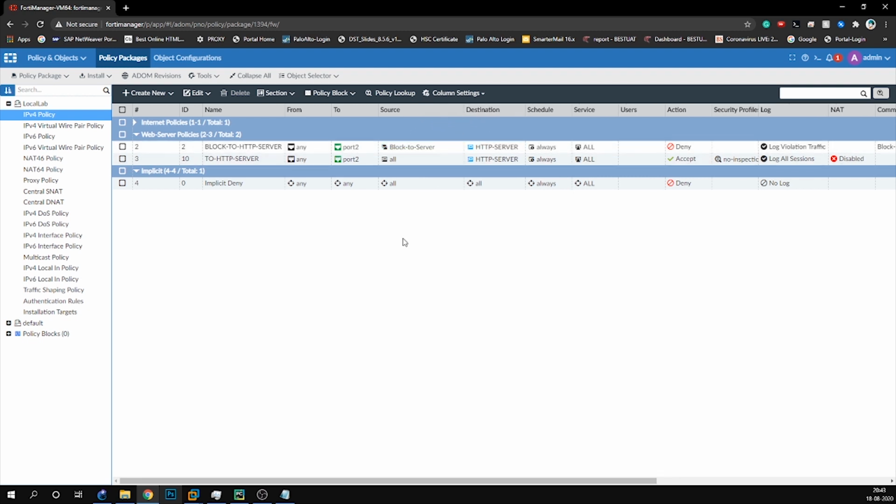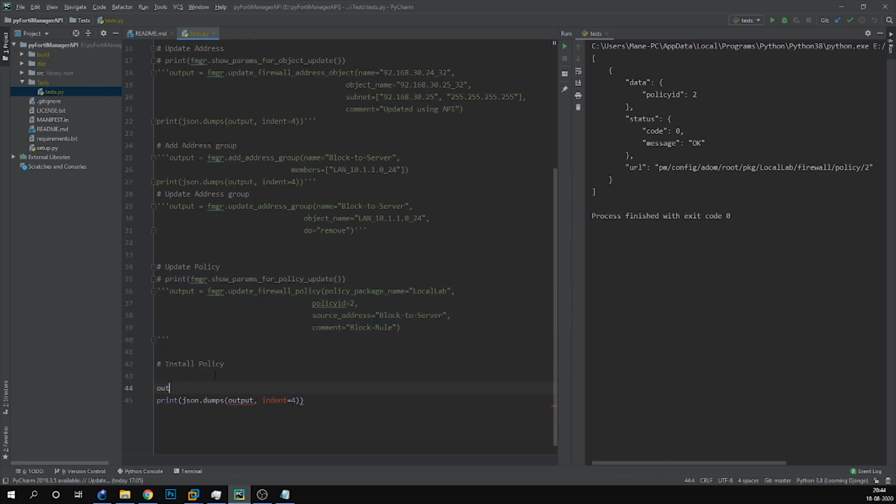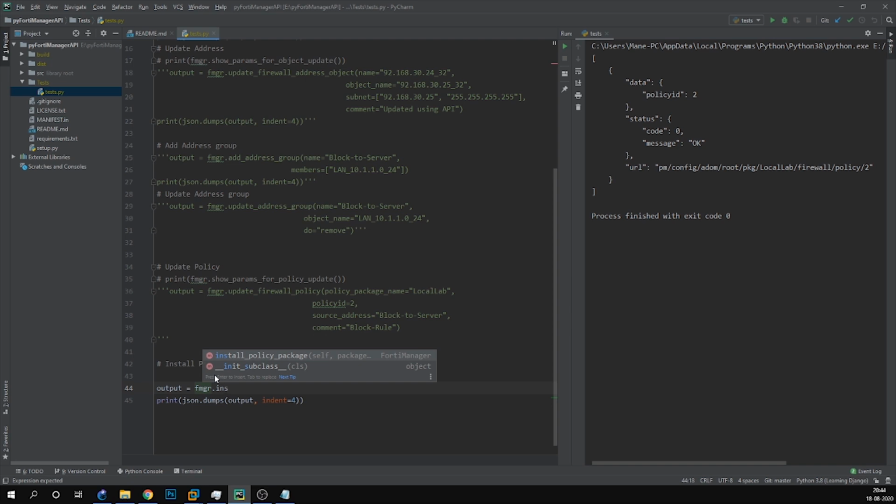So the last thing is to install the policy in the FortiGate firewall. What I'll do is turn on that machine which I shut down. Meanwhile, we will write the code for the installation. For the policy installation, we have a method install policy package, and we need to specify the package name.